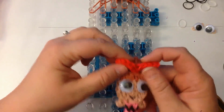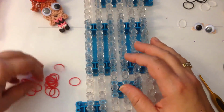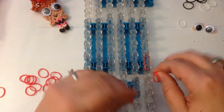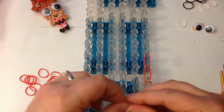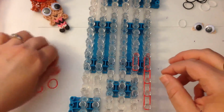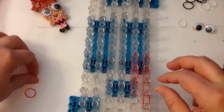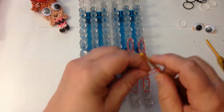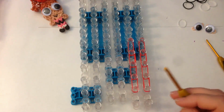Now the red bow, we're just literally going to use an end cap on 1, 2, 3, 4 of these. So we've got 1, 2, 3, 4, and the other side, 1, 2, 3, 4. Let's do an end cap, single band, wrap it once and twice, and pop that there, and another one for the other side,